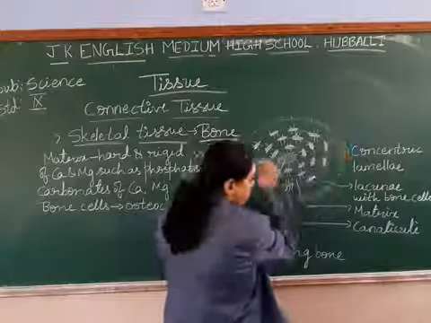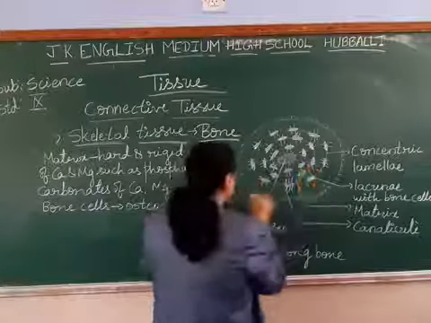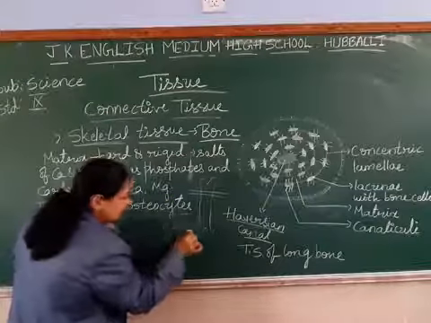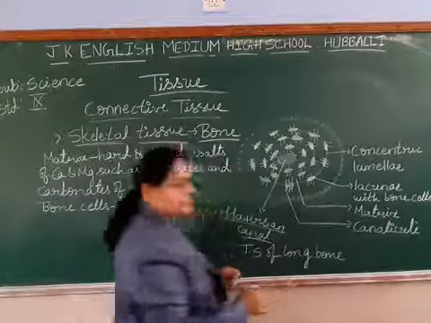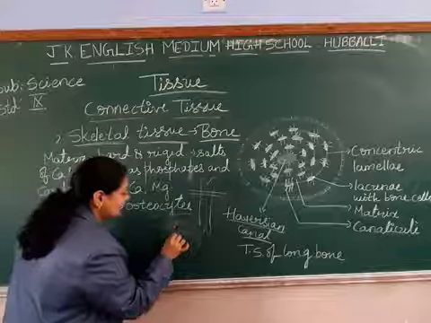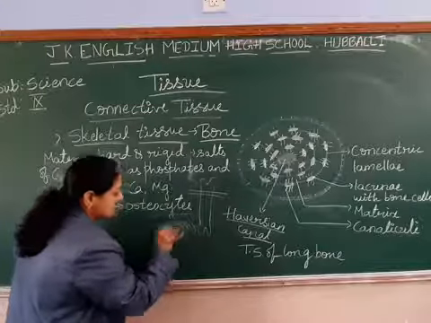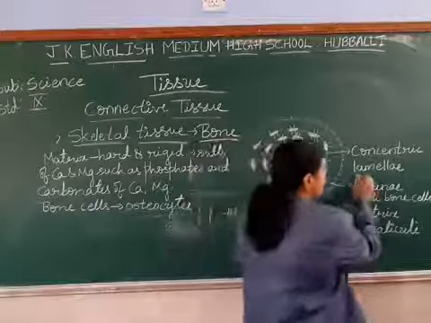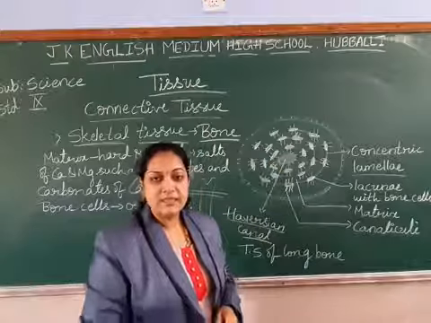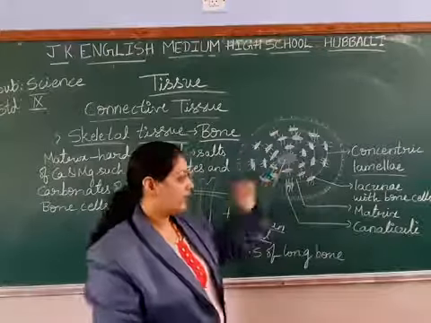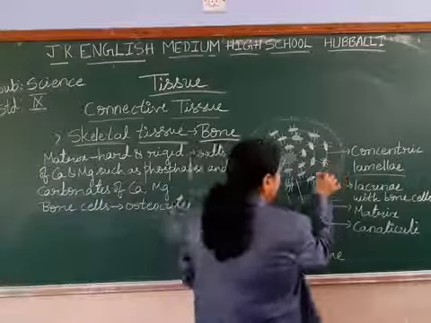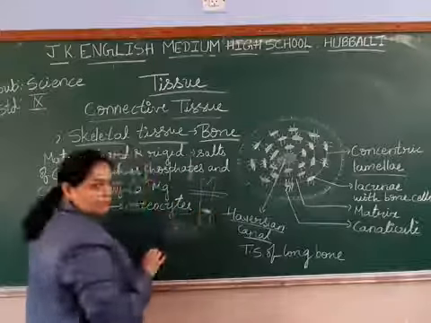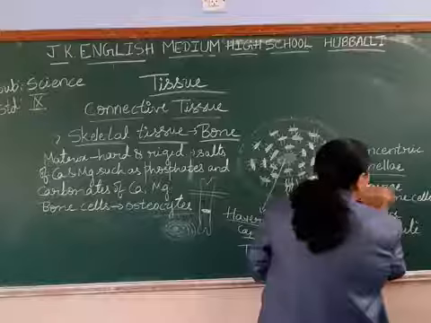So this is the matrix of the bone, the full outer one I am telling. See, let me show you here. Like this it is there. So this is the matrix. The matrix has concentric ring-like structures, and these are called lamellae. The concentric rings are called the lamellae. In between the lamellae, you find these structures. These are called lacunae.